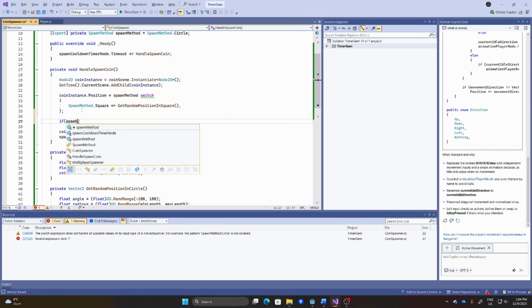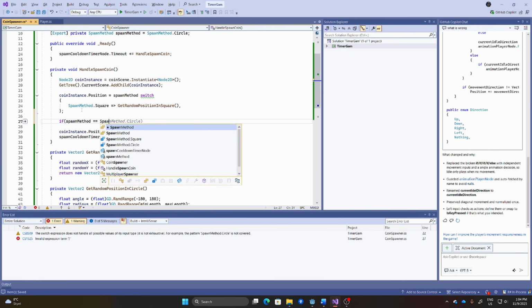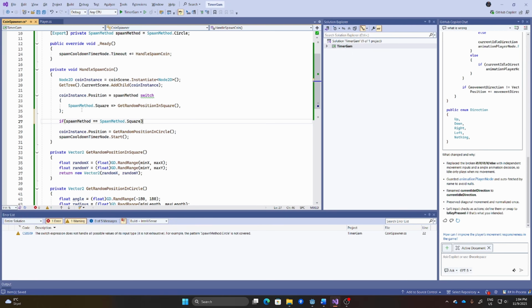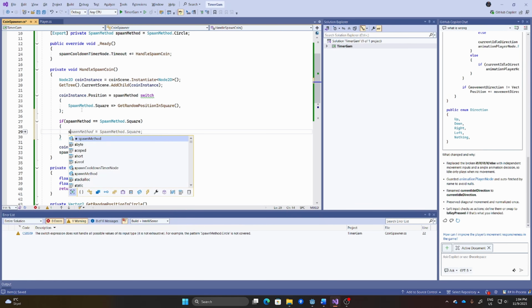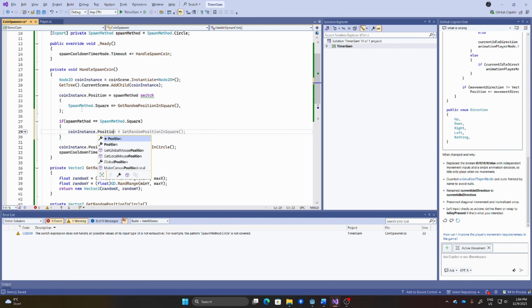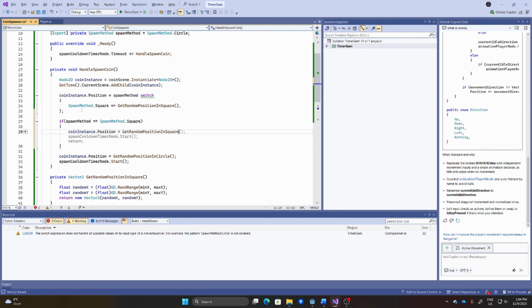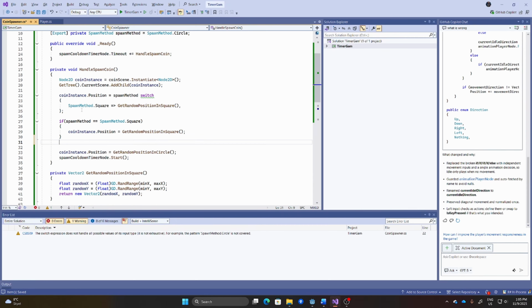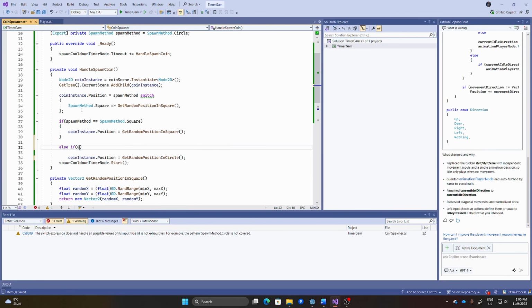It's the same way as saying if spawn method is equal to spawn method dot square, then do your stuff. For example, coin instance dot position is equal to get random position in square, like that. And now you can create an else if and so on.